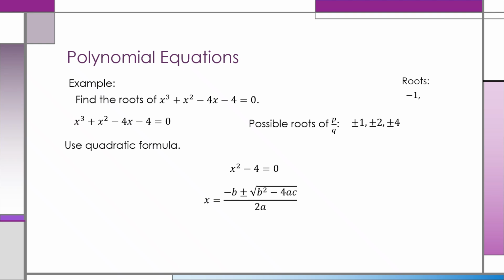Done already? Let's see if your answer is correct. So the values of x, or the other roots, will be negative 2 and 2. Or 2 and negative 2, I mean. It's just the same. So the other roots, aside from negative 1, are 2 and negative 2. So these are the roots. I hope that you get this.